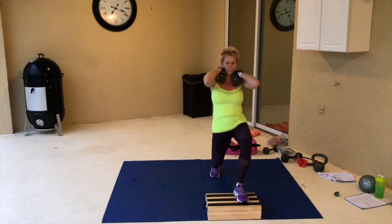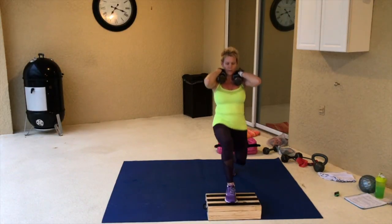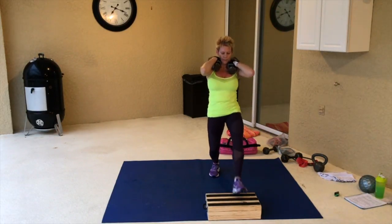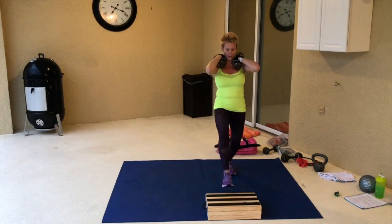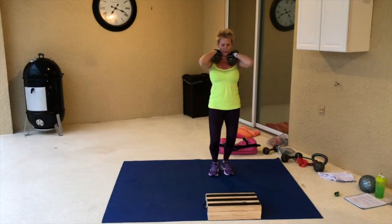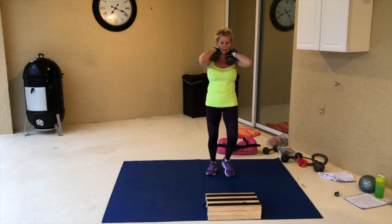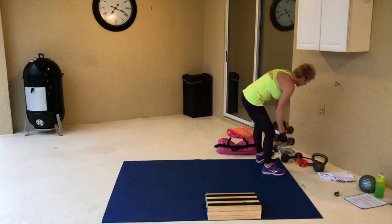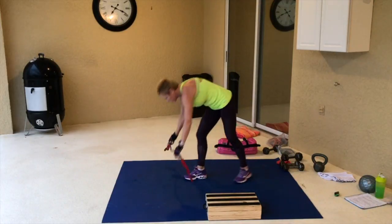7, 8, 9, 10, 11, 12, 13, 14, and 15. Ready for push-ups? If you don't have dumbbells and you have a tube, you can put the tube down,